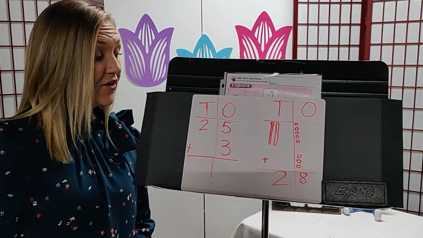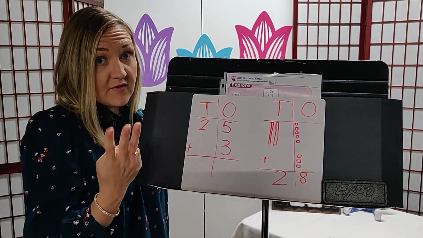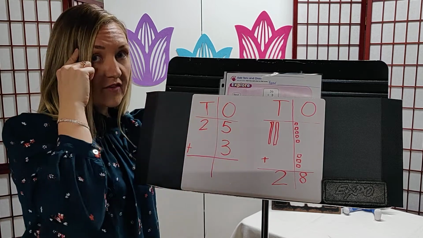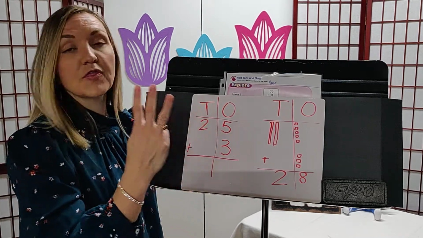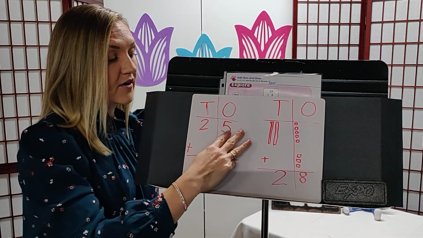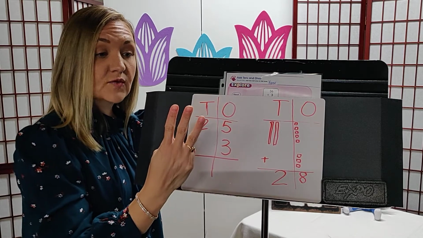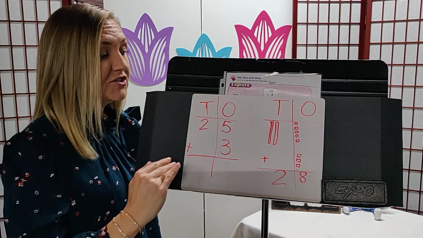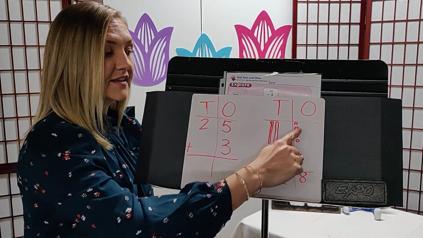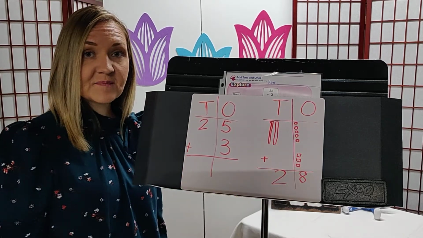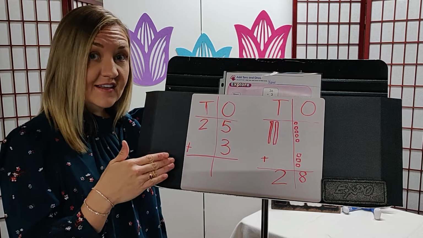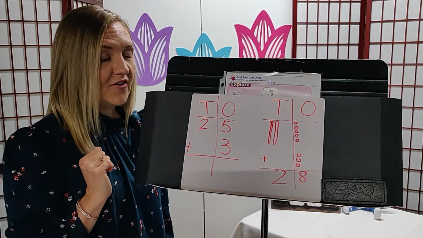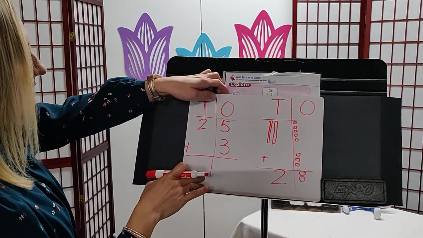Now, if you did that in your head with your fingers, you would have gotten the same thing. For example, 25 goes in our head with 3 fingers up, and we count on: 25, 26, 27, 28. It's the same answer, but we just wanted to show it using our tens blocks and our ones cubes. Now that we've had a chance to practice here, let's take a look at it on your page. So we're on page